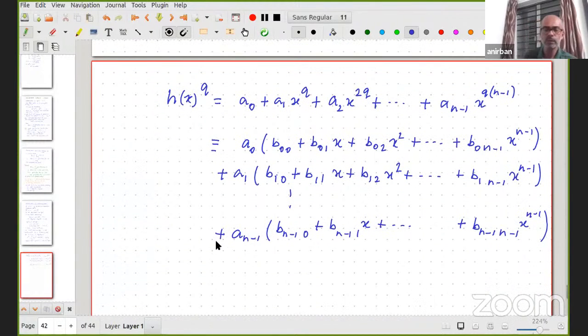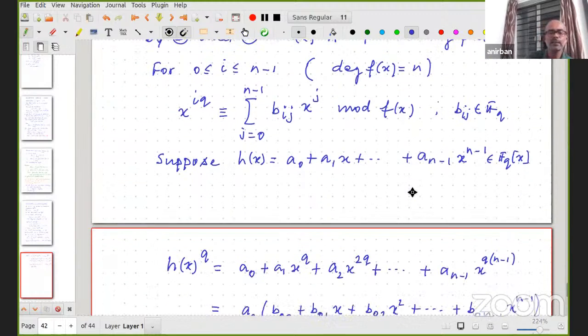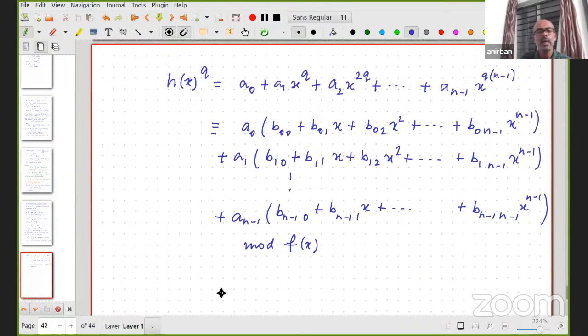And so this is what we wrote. So this is modulo f(x). So we simply raised, so consider this to be h(x). So just write it out in terms of these coefficients, a naught to a n-1. And we raised it to the power q. And since we have already written these powers, x to the multiples of q, modulo f(x), we can use that to write h(x) to the power q modulo f(x). So it is going to be this. And what we want,